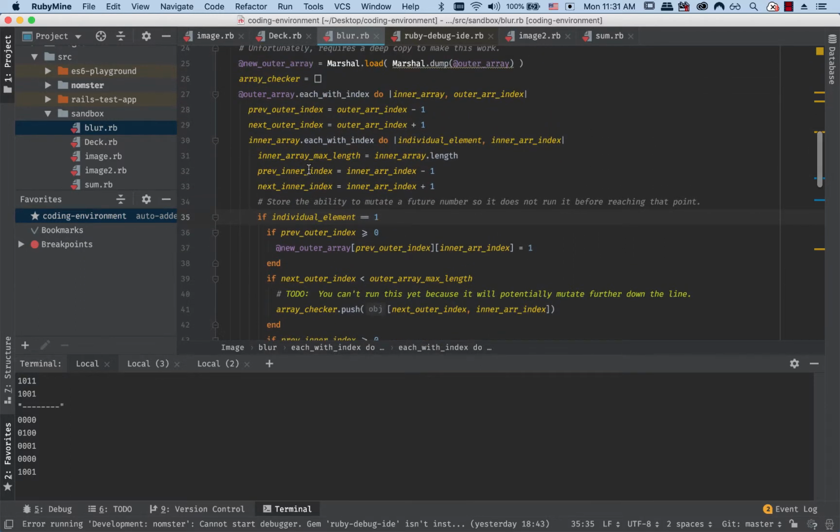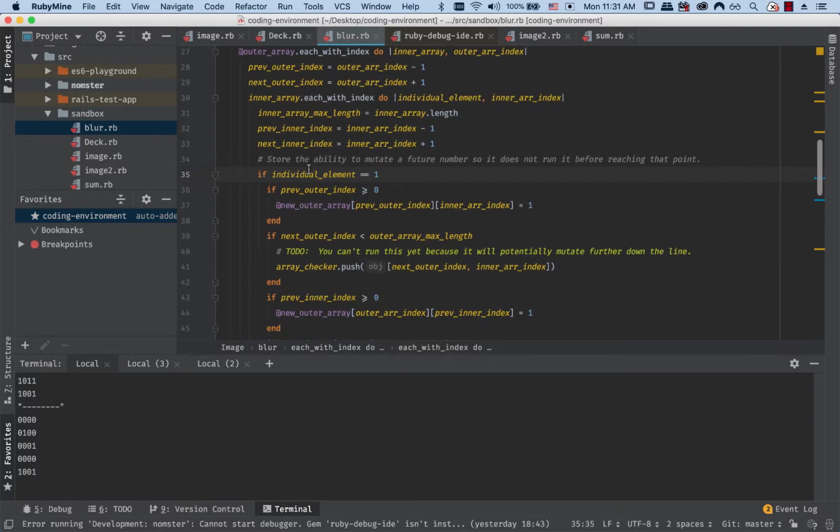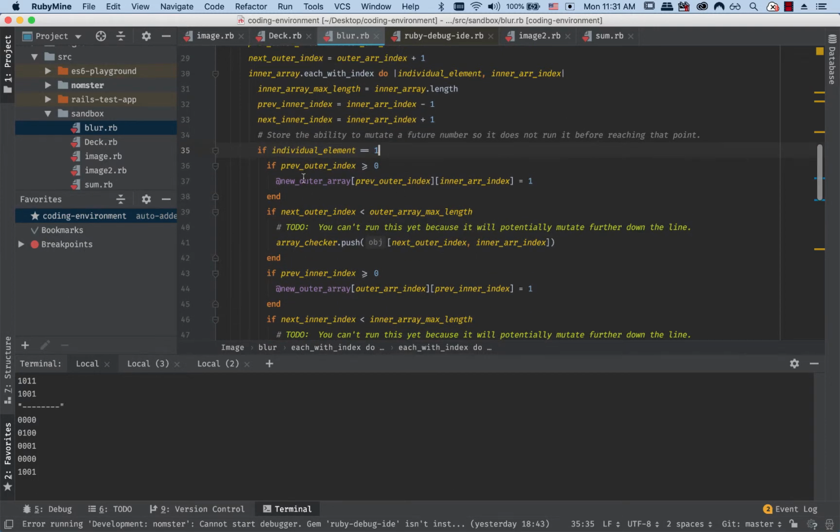If it's a 0, then we don't do anything. So pretty much 0 stays the same. But if it's a 1, that's whenever we start having to do some fairly complicated logic. So first, if the previous outer index, which means the element before that, is greater than or equal to 0, because if we're looking at the 0 element right here, before this is -1, which will give you an